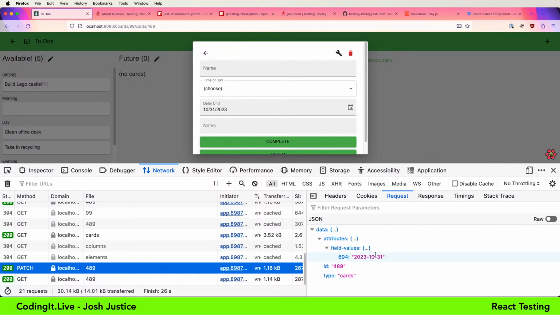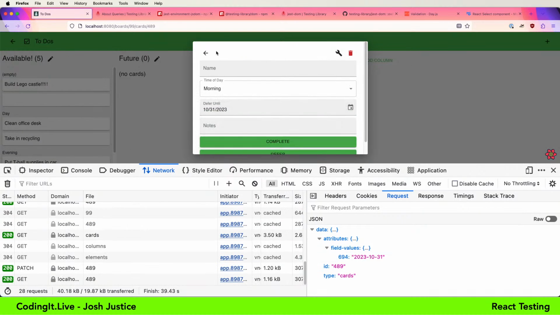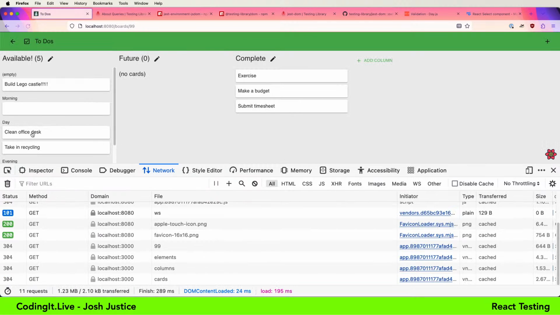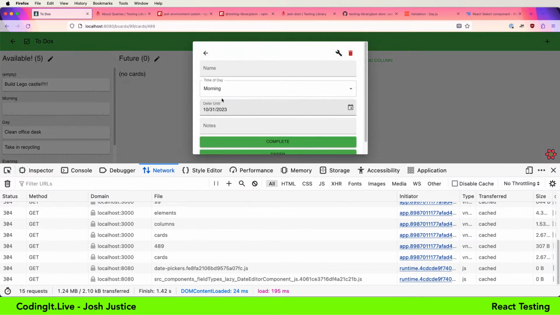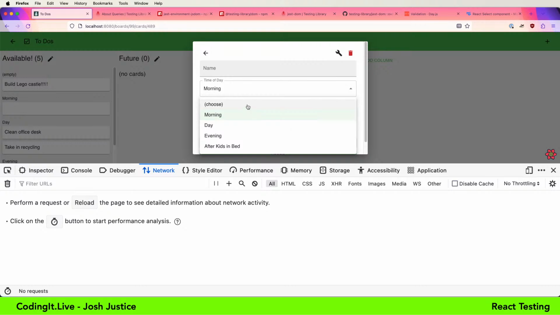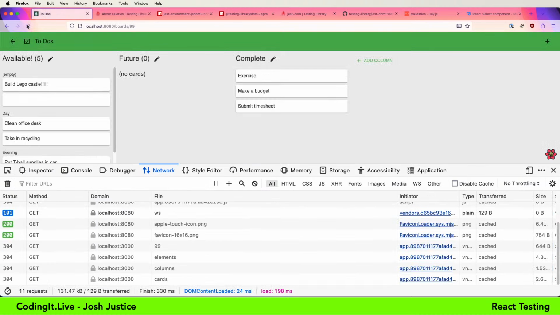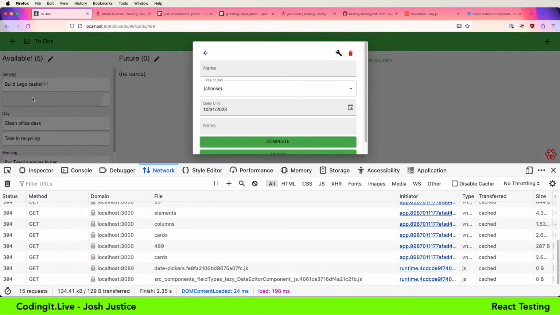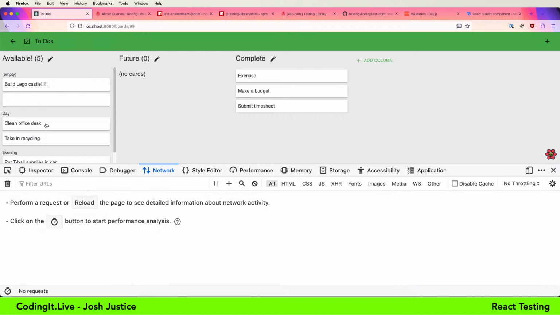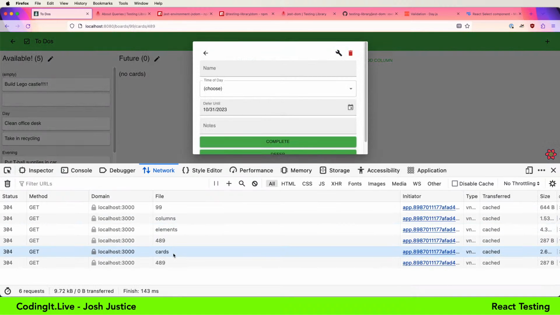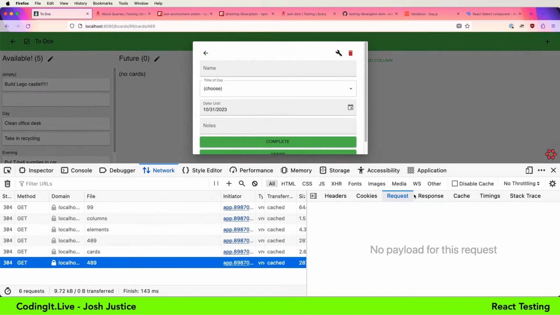So what we can do here is actually just reload the app and make sure that that field comes back empty from here. Let me start it out with morning there. We'll reload it and make sure we do have morning showing up. Now when I clear it out, reload, it is in fact empty. And when we pull up that record, is it this card?